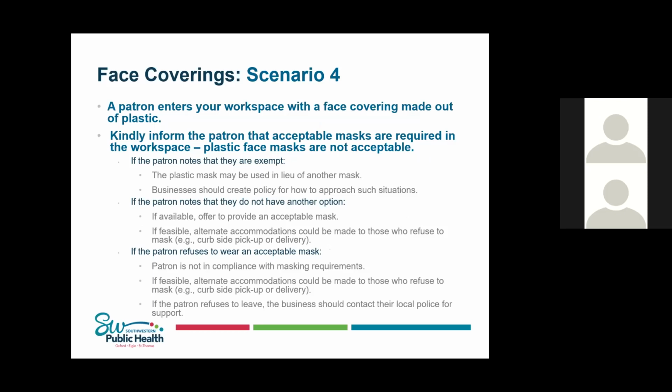And for the final scenario here, a patron enters your workspace with a face covering made out of plastic. So kindly remind them that that does not meet the requirements of an acceptable face covering. If the patron says that they are exempt, this could potentially be considered something that you could use an alternative or in lieu of a face covering. But again, that would be something that we recommend businesses create a policy on